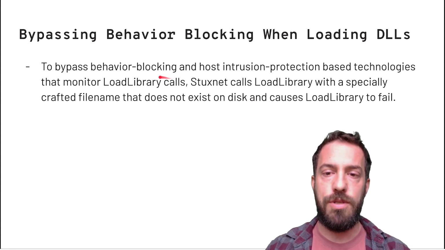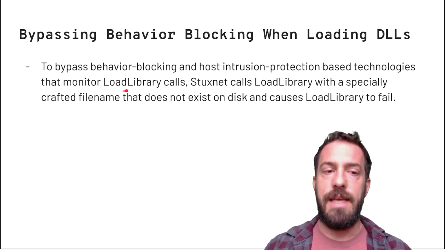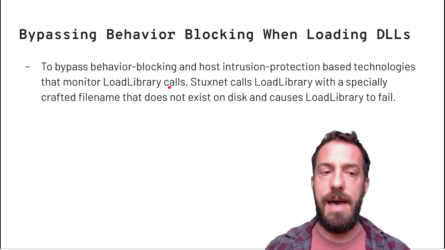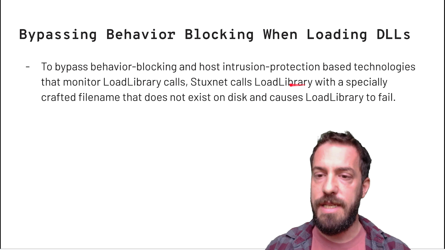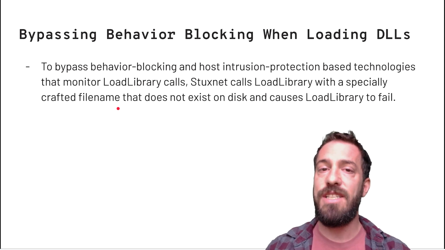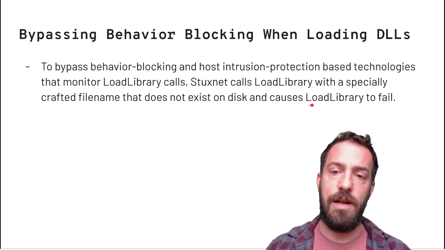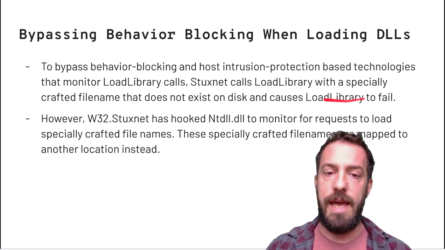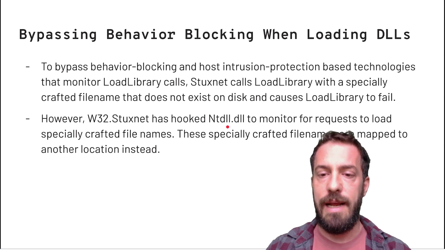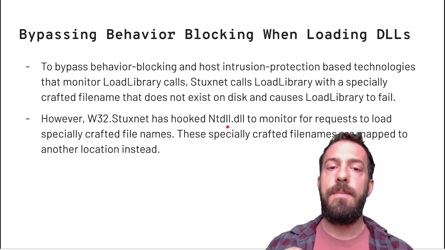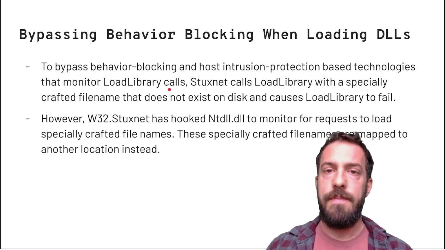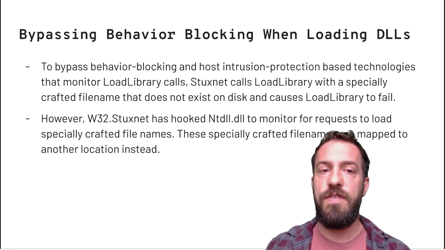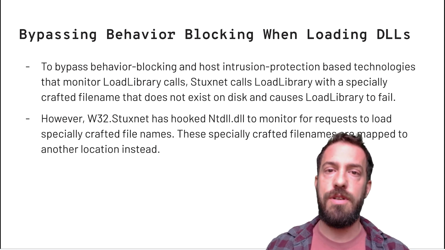To bypass those protection mechanisms that specifically monitor DLL loadings, the LoadLibrary calls from the API, Stuxnet would call those libraries with a specially crafted name that does not exist on disk, and then the LoadLibrary call would fail. To do that, Stuxnet had a rootkit, and it affected the file ntdll.dll. So whenever you were trying to load the library, the call would fail,